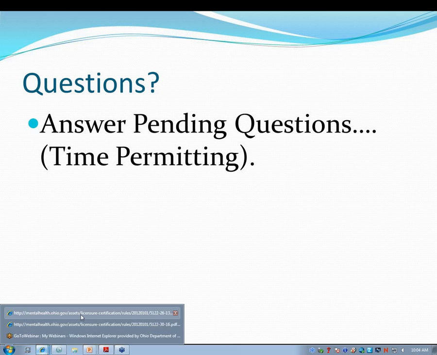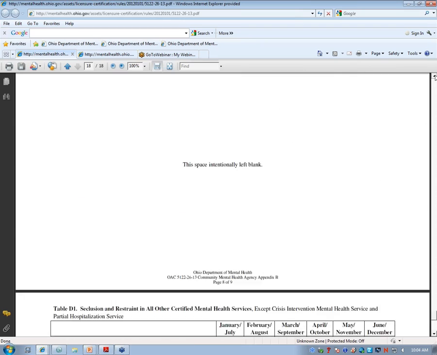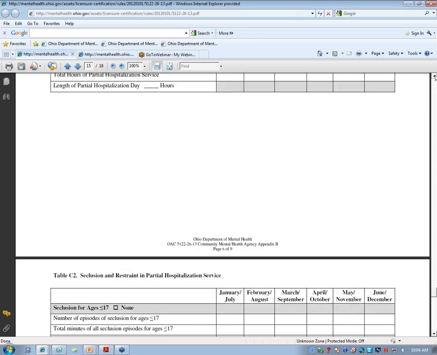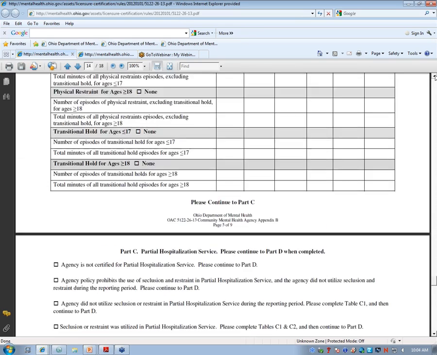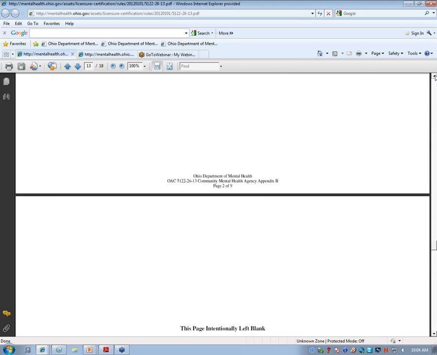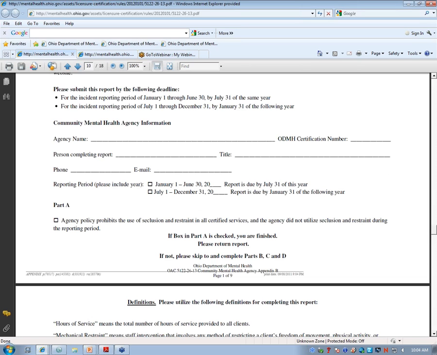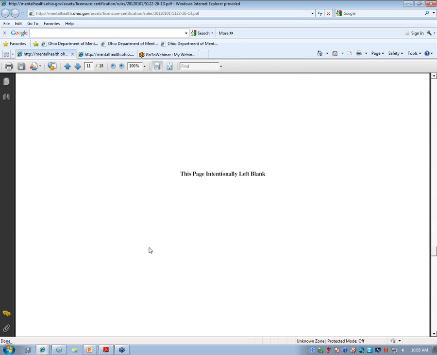If we go back to the community form and go up to the very beginning of that, if you aren't certified to provide seclusion or restraint, this part A would apply, and it says your agency prohibits the use of seclusion or restraint. Now, if you are certified to provide those services but just did not provide them, we'll go back down here